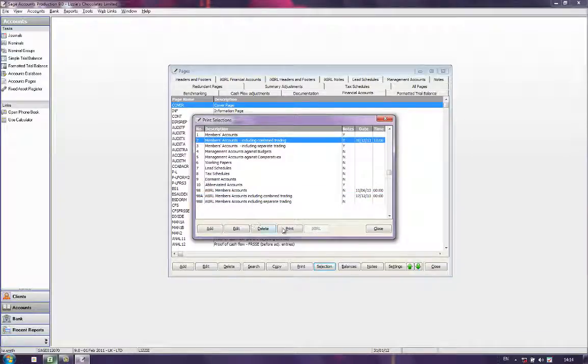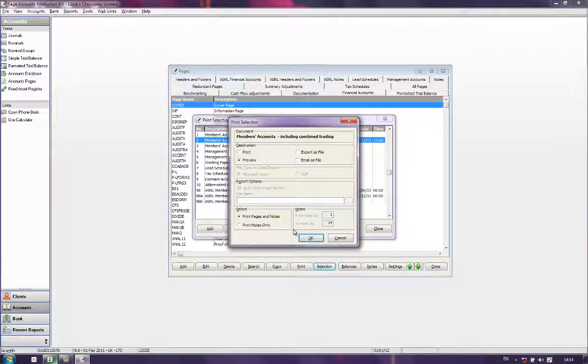So I'll show you what those accounts look like on the screen. So if we come in and click onto the print button, it will default to preview those accounts on the screen. You'll be pleased to see the ability to export them as a file, either as a Word file or as a PDF to your chosen location, and you can select if you want it to be automatically opened once it's exported. Or you can choose to email it as a file. We'll preview it first of all on the screen,